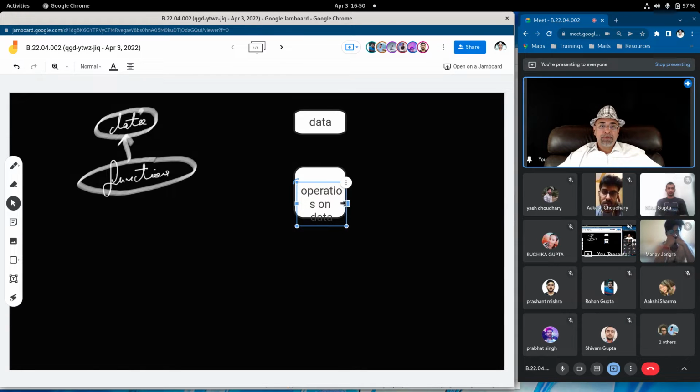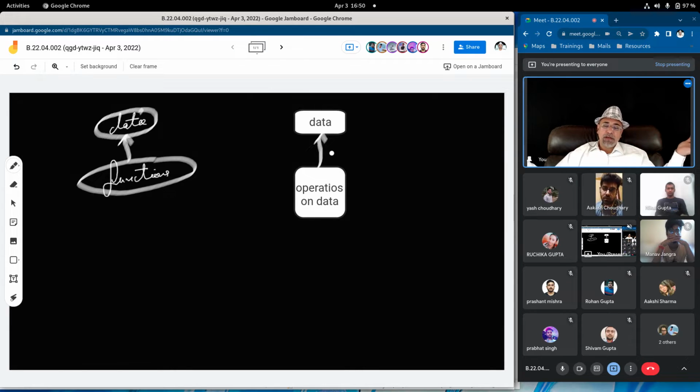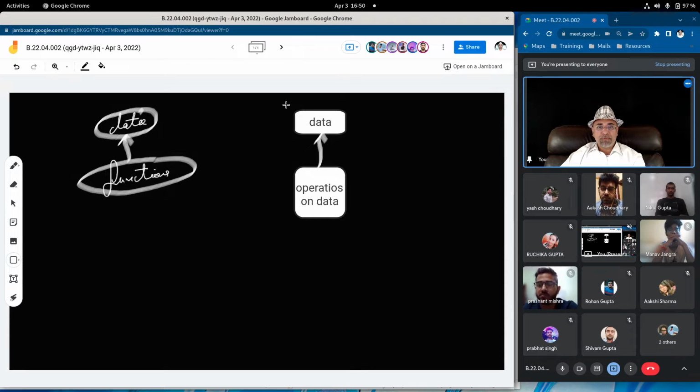Immediately. Means the moment you have data defined, you also define operations on data immediately, that on this data you will perform these operations. So no data element should be declared straight away, data alone, with no operation or task defined, not like that. So in C++, you have to have the data and the operations on the data defined simultaneously. If you declare some data item which will contain data, immediately you declare operations to be performed on the data also.